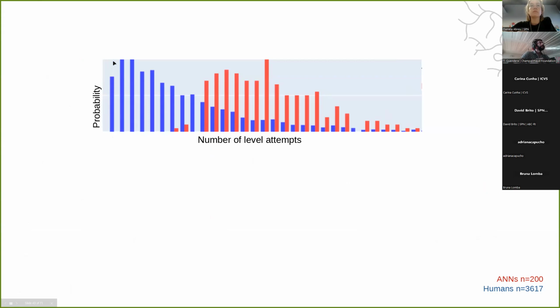So for humans, they seem to be quite heavily tailed distribution with a focus in the beginning, meaning we solve the game fast. This is indicative and reminiscent of the work of Lake and colleagues I showed you in the beginning. Whereas artificial neural networks, while they reach similar criteria and they solve the task equally well, take a lot longer